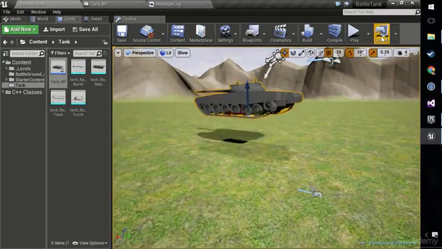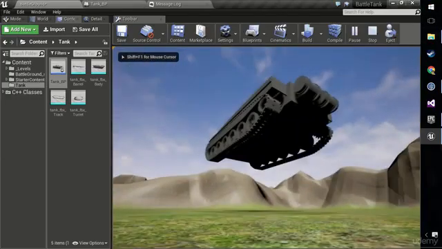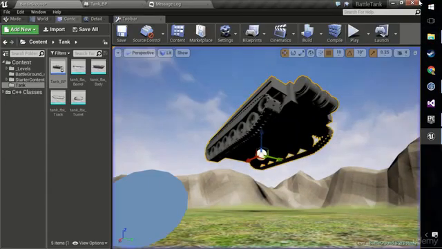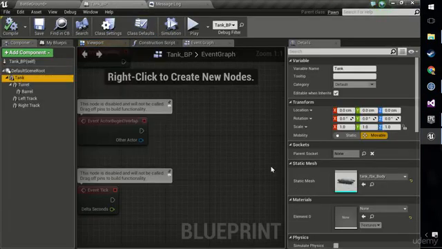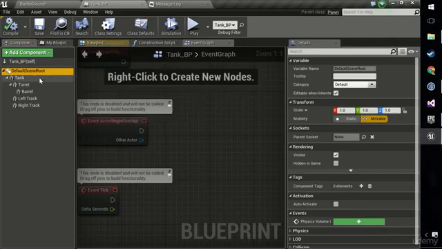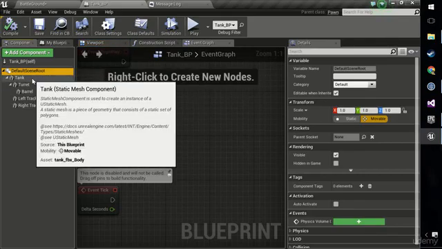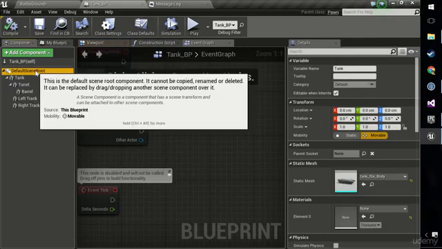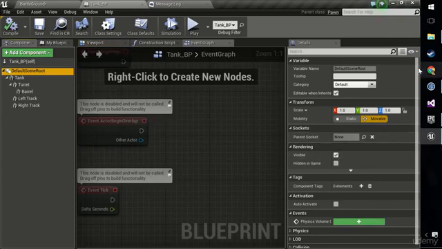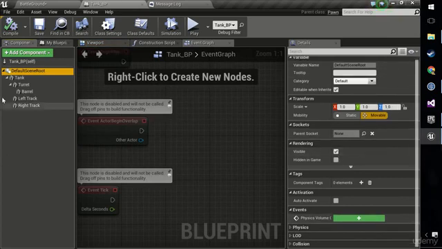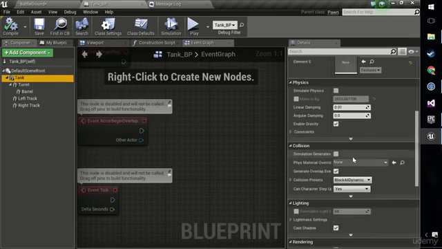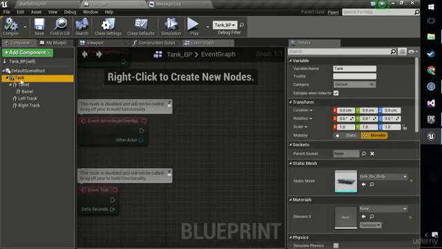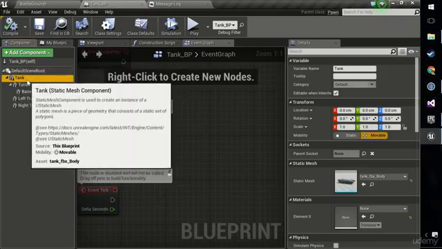So if you lift the tank off the ground and play it, you notice it just hangs in the air because it's not simulating physics. Well, that's a really easy fix. Over at the tank, on the tank component, not the default scene root, because we're going to be replacing that in a moment. In fact, let's just replace that now. We don't need a default scene and root component. That gives us things like a transform and physics, etc. But so does the static mesh of the tank itself. So simpler is better. The tank static mesh does more than the default scene root, so we're going to get